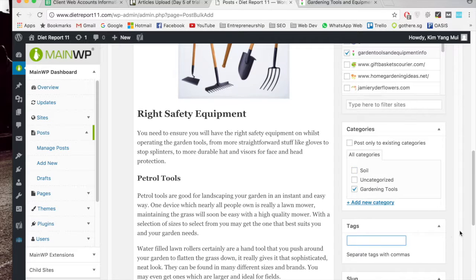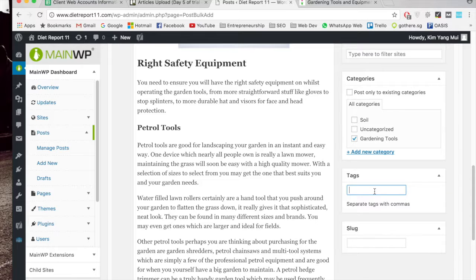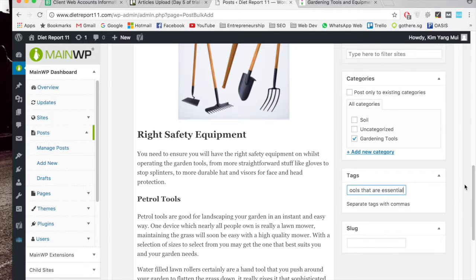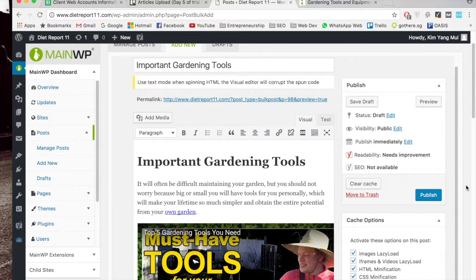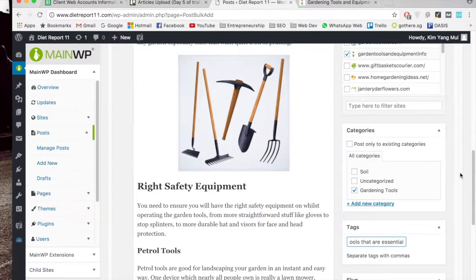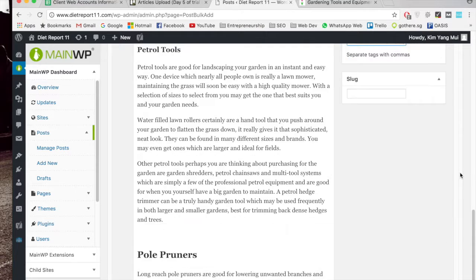And I'm also gonna create tags, right? Okay, so tags, for example, this is gardening tools. I'll separate them in commas. Gardening, soil, gardening tools that are essential. So you can add around 5, as many tags as you want. Maybe around 3 or so would be minimum. Okay, anyways, the last thing you need to do is make sure that